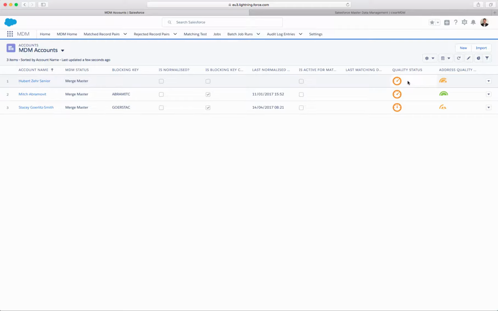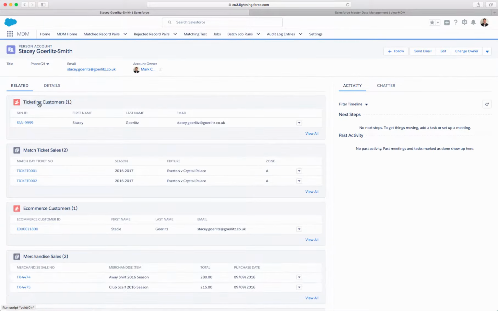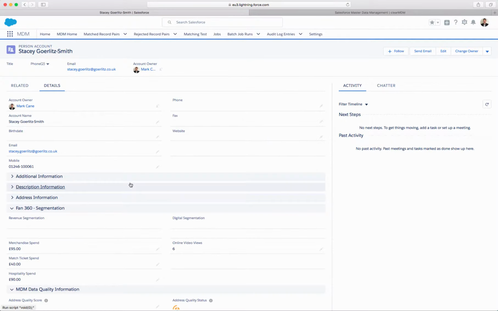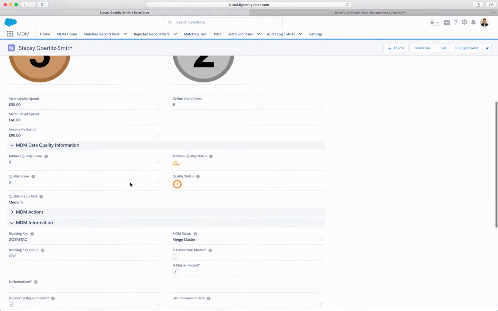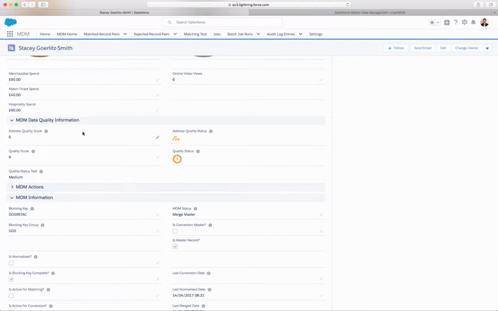a visual indicator of the quality status of the record. So if we open up one of our person accounts here, we can take a look at the quality related information we have here. So we can see we're calculating currently an address quality score and an overall quality score. And we have some translations there into a quality text field that we could find useful in our reporting. We also have some image assets that are very useful in terms of providing convenient visual clues in terms of